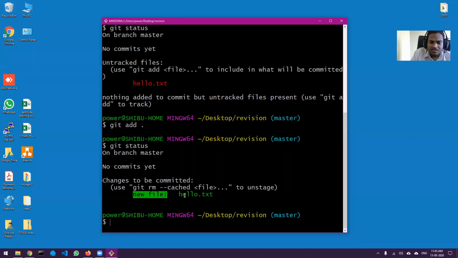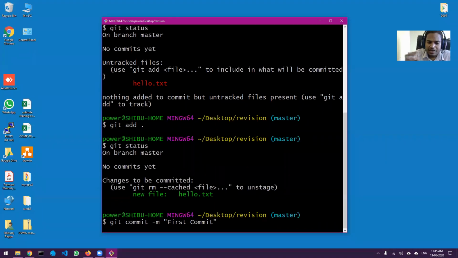It is now in the staging area. Now I want to commit. Now to commit, the command is git commit -m "first commit". Okay, so git commit is the command to take files from the staging area to the git repo.